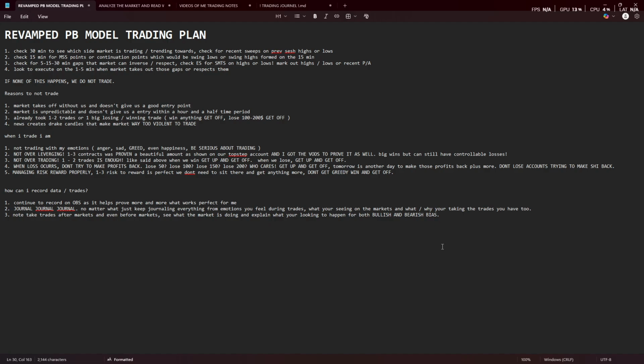Number two, journal, journal, journal, journal, journal, journal, journal. I do not know how many times I've sat here at this computer and haven't even journaled my pre-market data. I think the last time I journaled on my trading journal, as you can see up top right here, was like the 24th of February, which isn't crazy, don't get me wrong, but it would have helped a lot just typing that out like, hey, I lost for the day, maybe it's time to get off, or hey, you took a good win today, get off, you can make more tomorrow, or you can make back what you lost tomorrow. Because even saying my emotions like, oh, I feel like I'm gonna get too greedy,